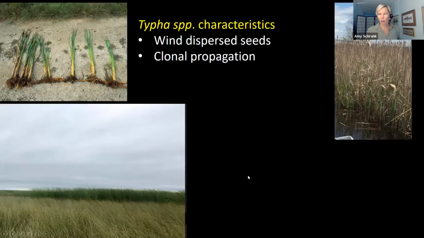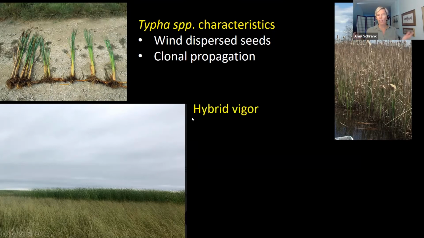A quick primer on cattail, if you don't know, and if you do, you can just zone out during this part. Typha is the genus, and the species characteristics are that they have wind-dispersed seeds. So I'm sure you've seen those cattail tufts of seeds. You can see that in the picture here. They also reproduce clonally by rhizomes. So that's the sort of root that connects these stems here. And so we will talk about clones, which is really one plant that's reproducing under the sediment via rhizomes.